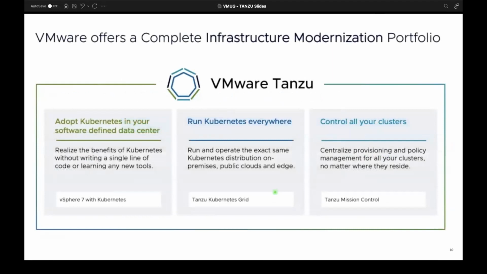Right, so those are the additions, and the three distinct products out of the Tanzu portfolio are, first, vSphere 7 with Kubernetes, that we will cover. This runs with vSphere 7.0 and above, and it needs vSphere. It cannot run other than on vSphere. Then we have Tanzu Kubernetes Grid, which is a platform agnostic product. It doesn't really need to be installed on vSphere. It can run on AWS as well. And then we have Tanzu Mission Control, which helps in provisioning and securing your infra in a centralized way.